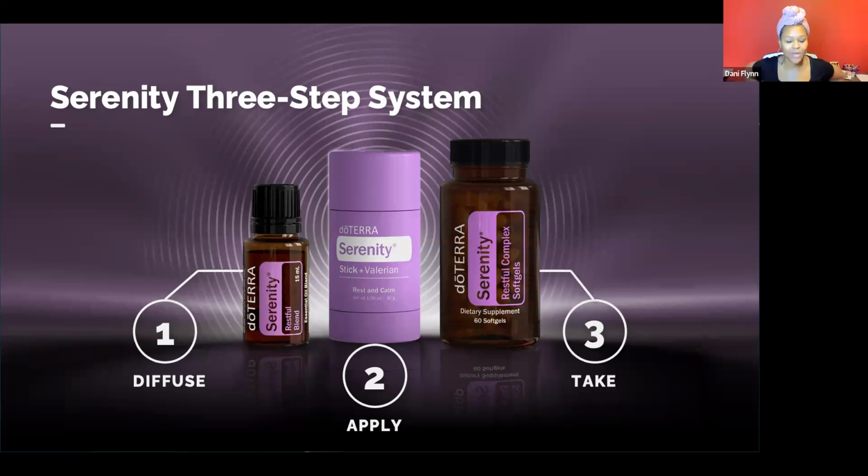This is our Serenity 3-step system. If you used it before, it was a 2-step before, right? I've used it for 5 years, and when I get to sleep, I'm out, and I sleep really, really good. But they have upped the ante, and I was not sure it was possible to have it even more powerful. I think it worked really well for some, and others needed a little bit more support, and so they have enhanced this. So it's a 3-step system, all natural, all powerful by themselves, but when you use them together, they're